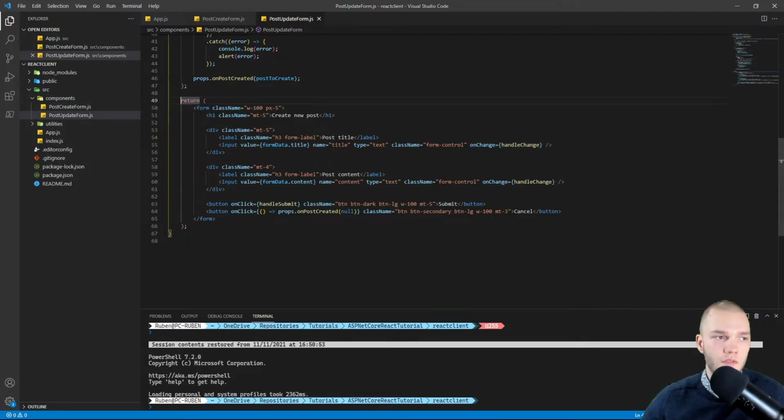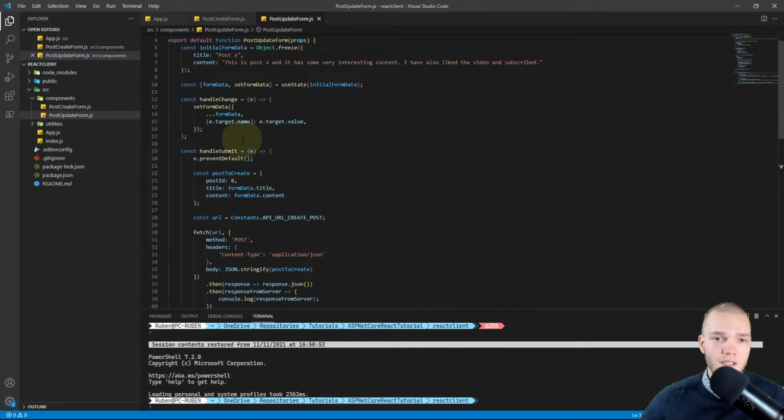So in this return statement here, and really we only need to change the title, and I'll make it dynamic as well, because in this component we'll also receive the post that's being edited from the props or from the properties, right?